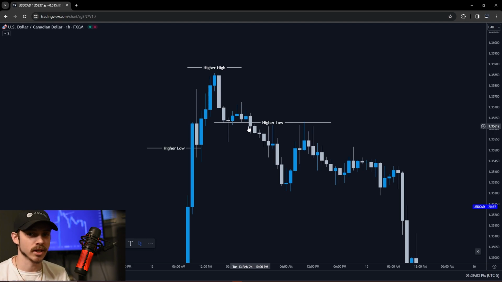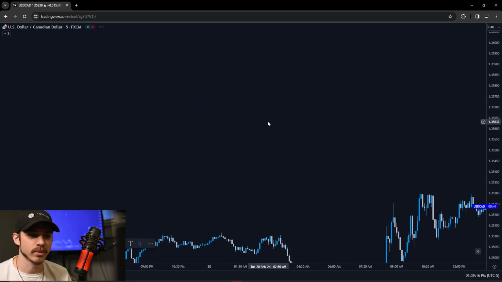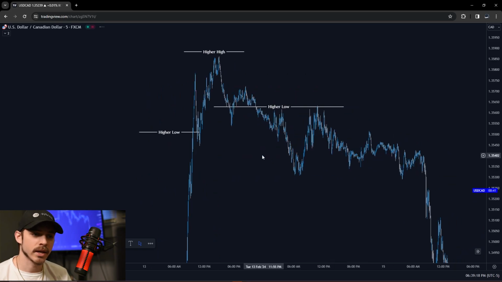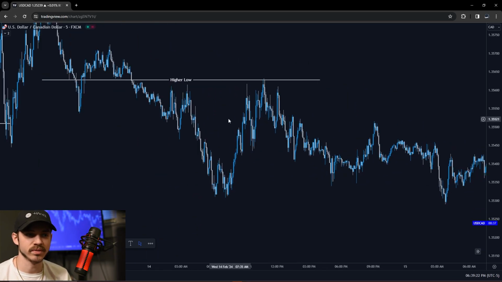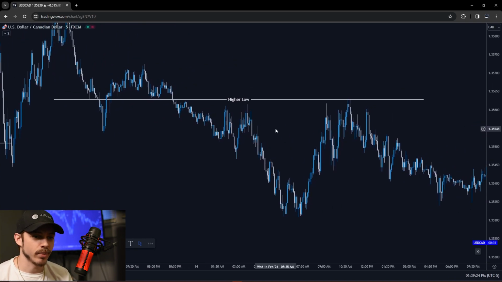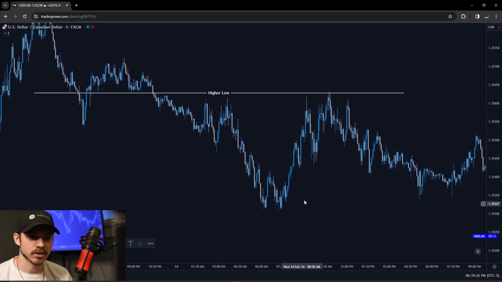So now once again, we know that it's time to drop to a lower time frame and see if there's anything else adding to the confluence that we've already seen on the 1 hour to tell us that it's time to start placing our sells. So let's go ahead and jump down to the 5-minute time frame. And let's just see if there are any patterns that coincide with what we've seen on the hour. So off the bat, the first thing that I see is this double bottom right here,